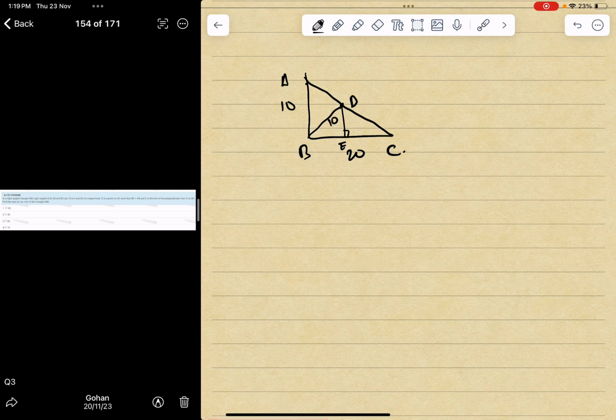Okay, so as two of the sides are mentioned, since we know that this is a right angle triangle and this complete is also a right angle triangle, we can think a bit of similarity in this. Suppose this side is x. ABC triangle, this complete is similar to which triangle? We can easily see that.